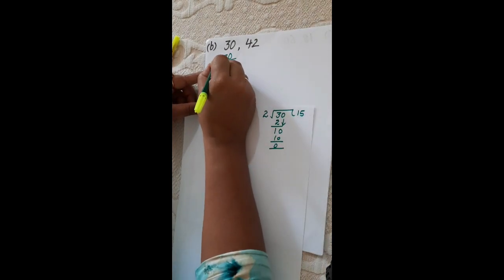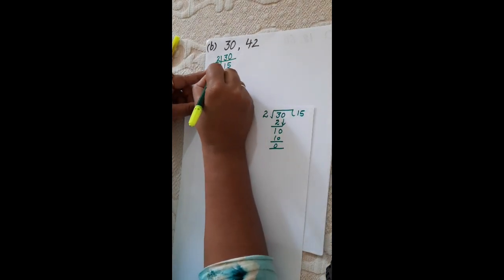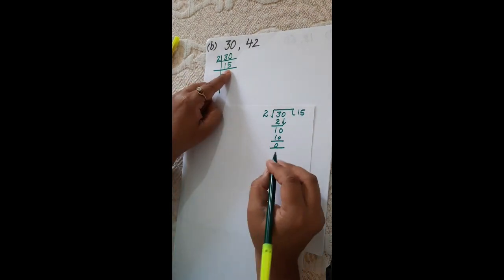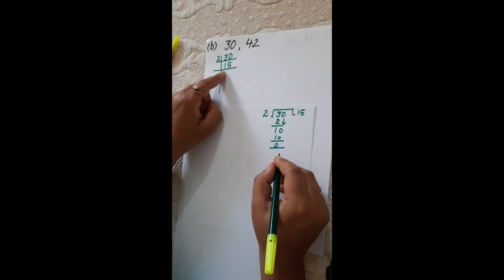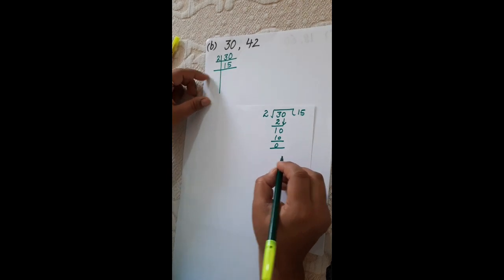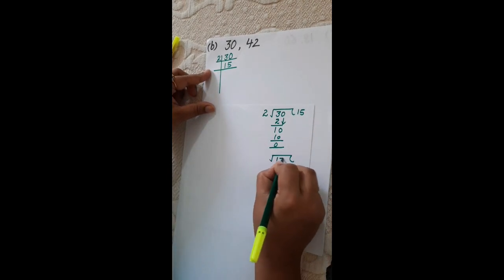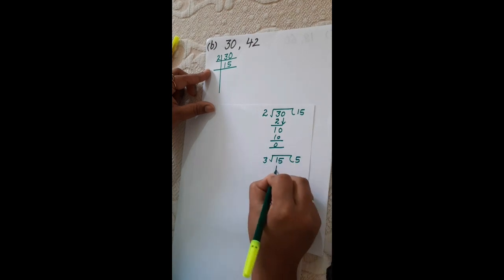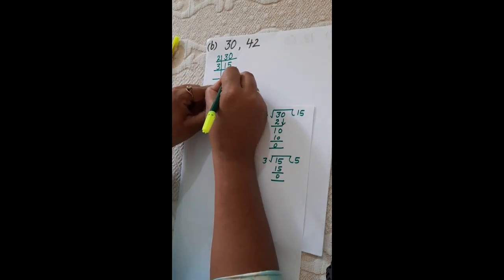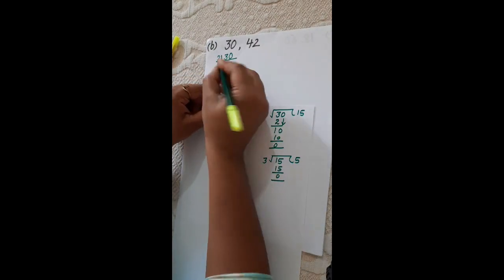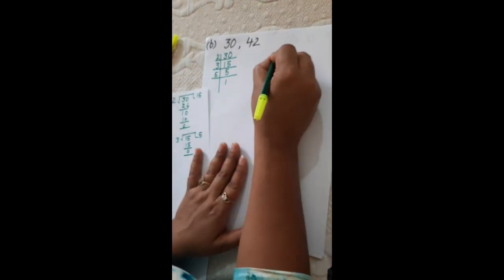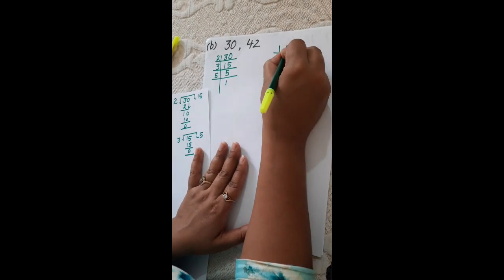So after dividing 30 by 2, I will get 15, and it is clear that 15 is not divisible by 2. To check whether 15 is divisible by 3 or not, just add both the digits. 1 plus 5 is 6, which is a multiple of 3. So if you divide 15 by 3, 3 fives are 15. So write here 3, 5, 3. Here we are left with 5. So divide 5 by 5 and you will get 1. Similarly, solve the prime factorization of 42.